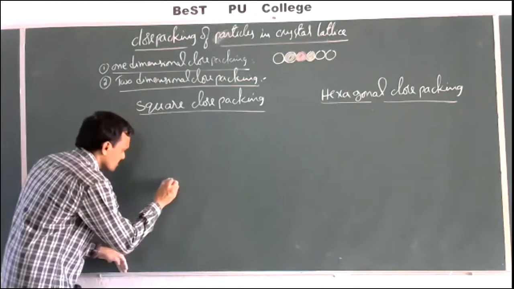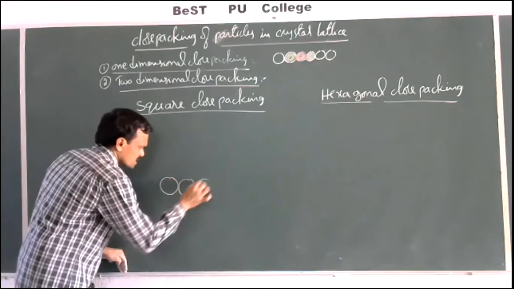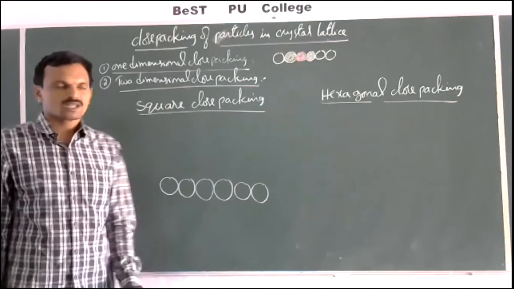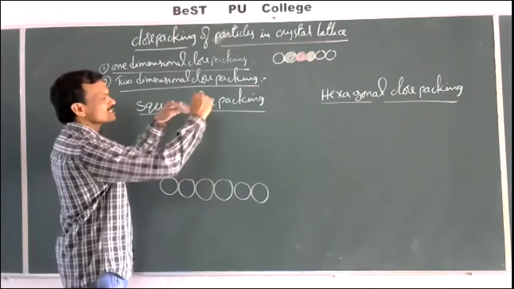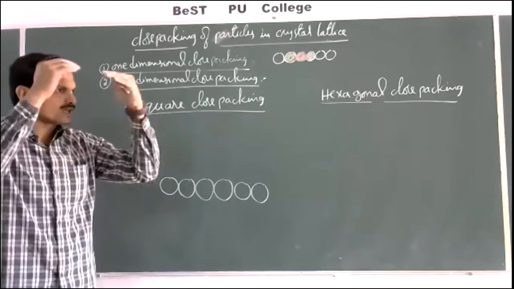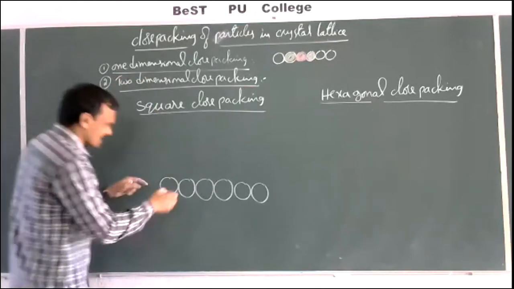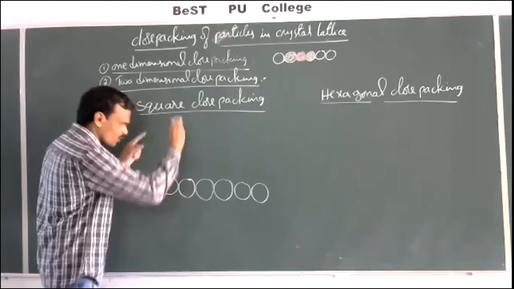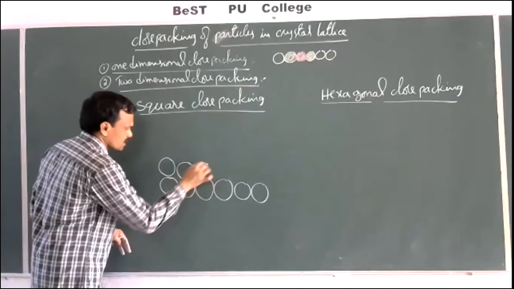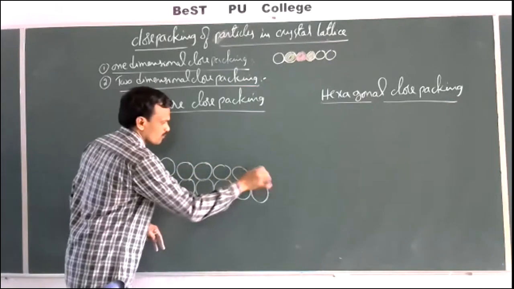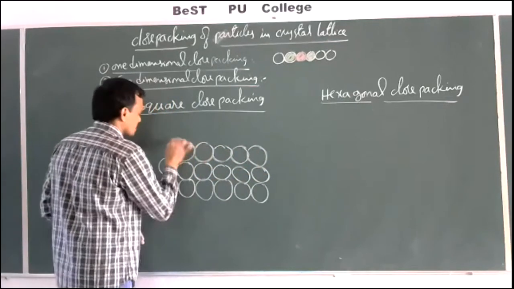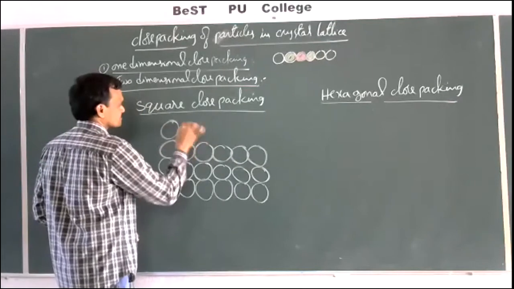See here, this is one-dimensional close packing. Now, if you are placing a second row over this first row in such a way that the same sphere reappears, meaning exactly by touching one sphere, one more sphere I will place in the same way. This is a second row and one more row. These are in contact with each other like this.